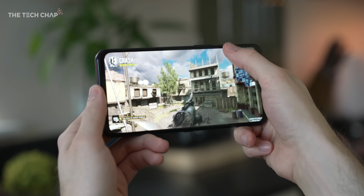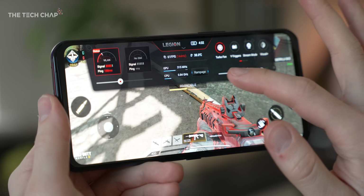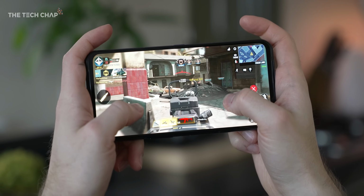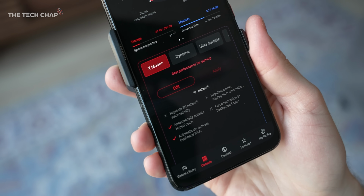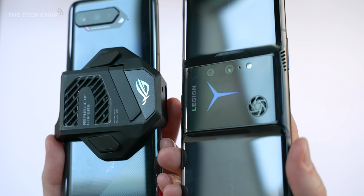But it also means you don't have to fumble around putting one on, you don't have to carry it with you, and it basically means you can jump into your game, pull down the Legion control center and turn on Rampage mode, which boosts the CPU and GPU, and get the best performance possible. Whereas on the ROG, you still have X mode, but you do need the Aeroactive cooler to unlock X mode Plus. So I think Lenovo's been pretty smart here, and they've crammed all the hotter components into this middle section,